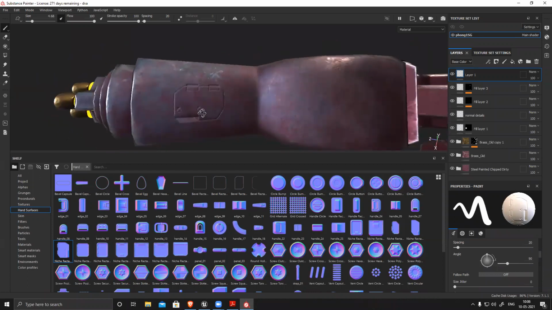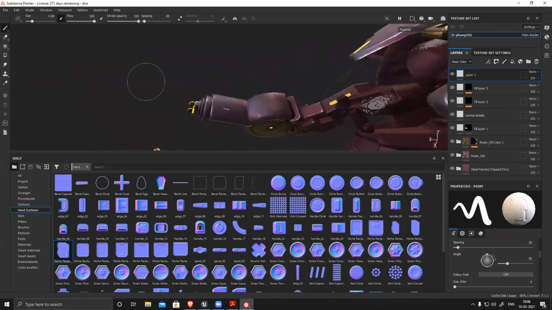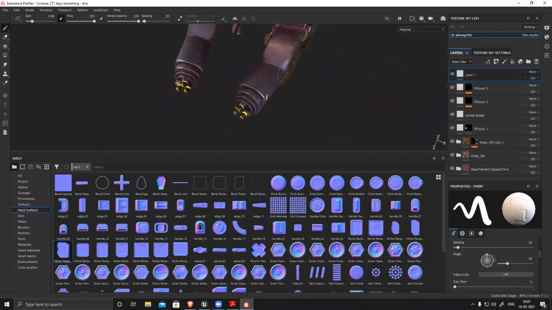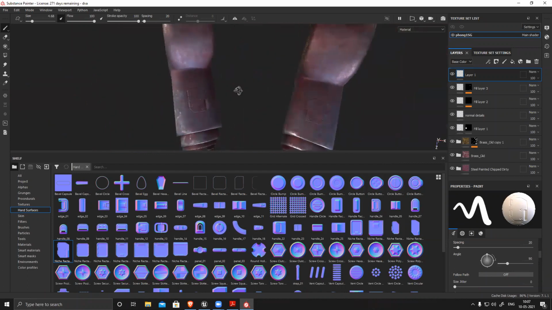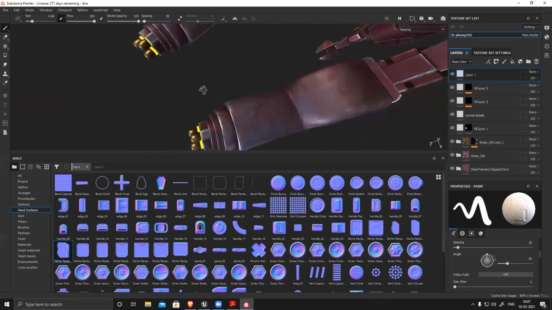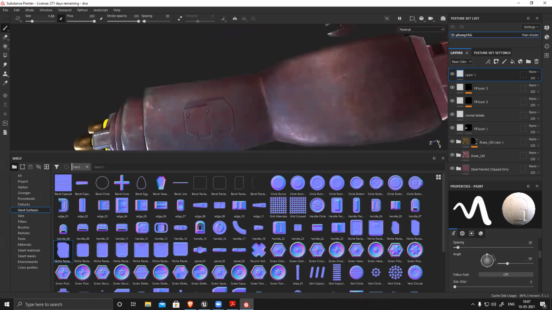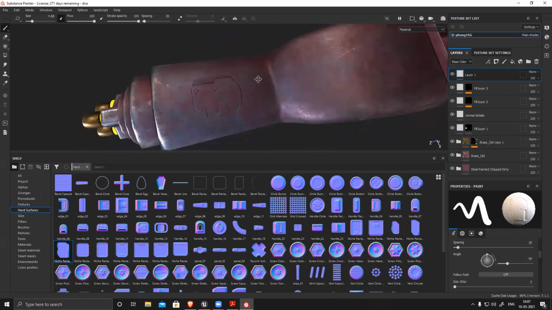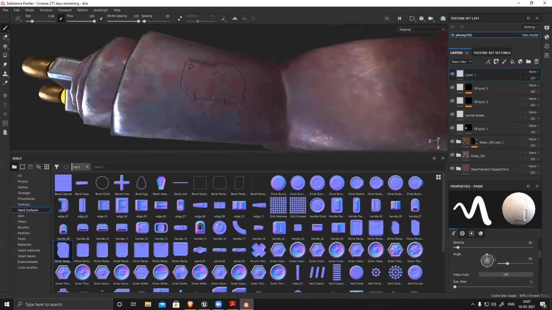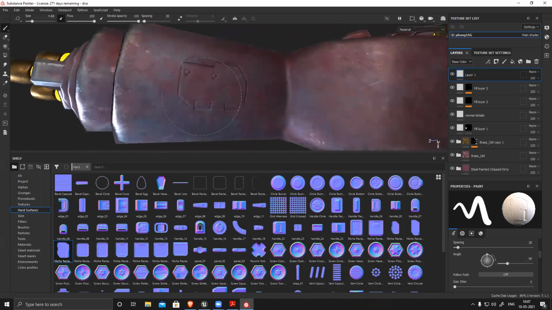Due to some strange reason, I cannot see the preview, but it should be visible for you. So now I have added this normal information on this layer. You can see it generates nice normal, but it's not aligned with the texture or the detail or the corner edge wear weathering. So I have to create those details for this surface. So how to do it? I created this and generated this in the normal map.